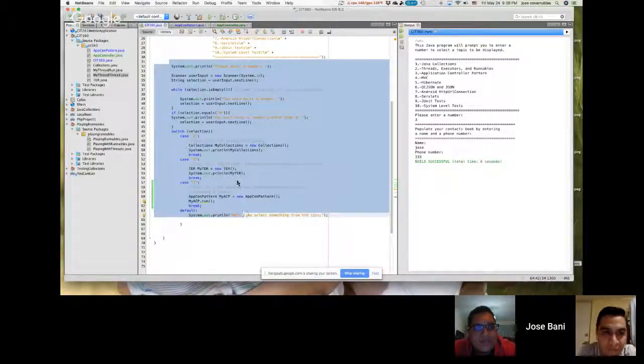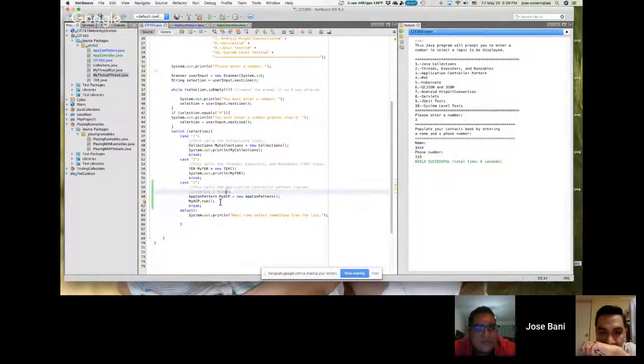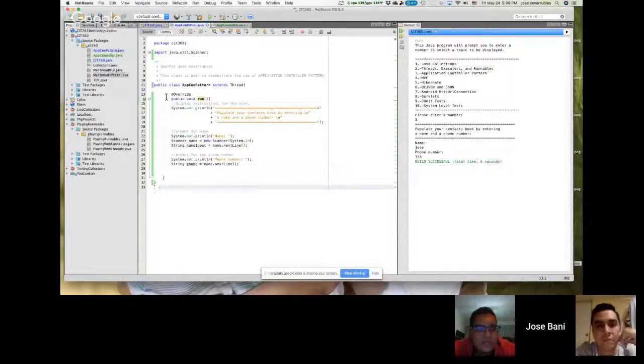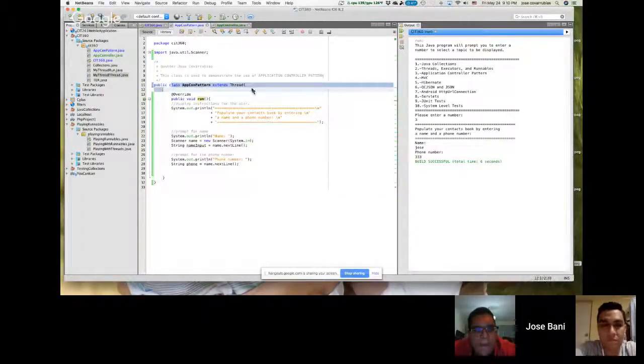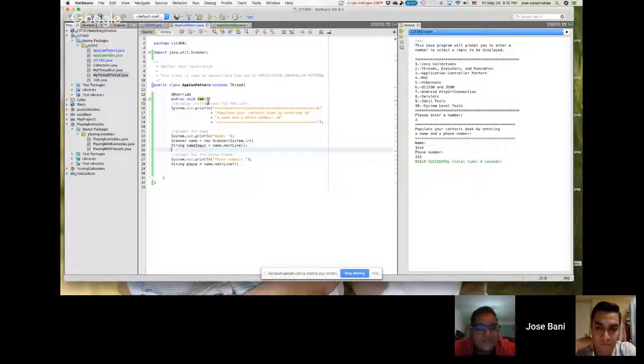Okay. So we're going to discuss the application controller pattern. From what I could understand from the stuff that I read online, the application controller has some similarities with the model view controller, in that it helps to delegate the use of views or calling other classes. So instead of having everything run in one class to either display an input or get information from another class,